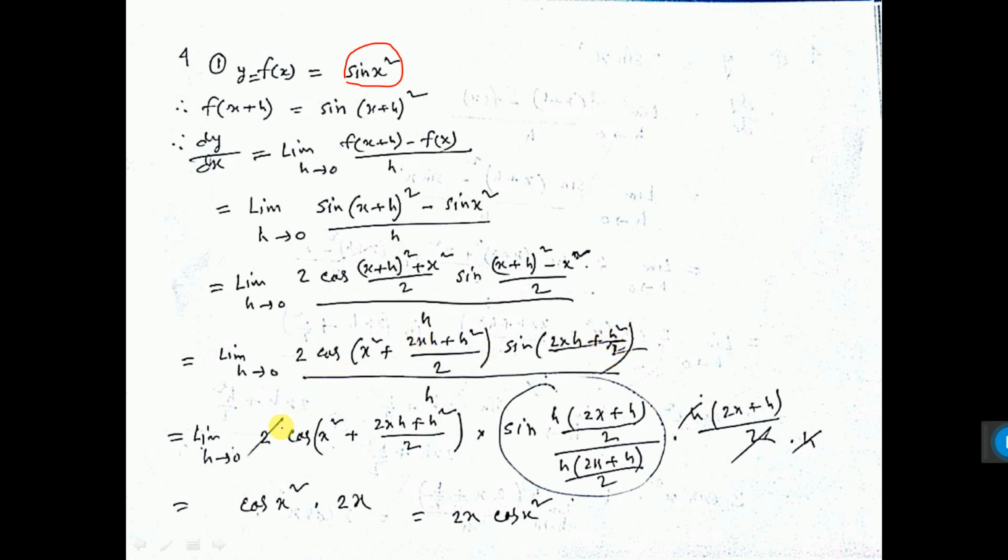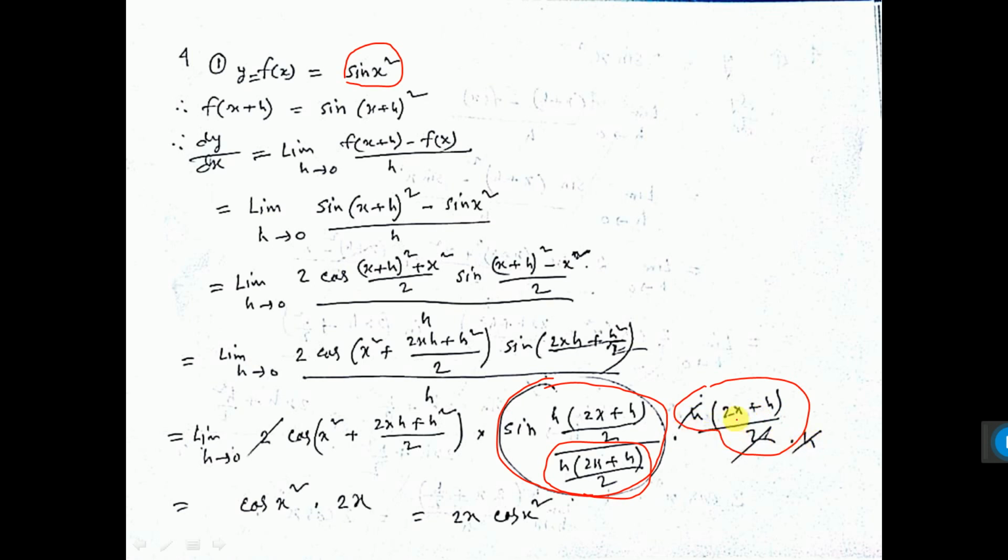Now see this one, this 2 and this 2 I cut. Okay, let me explain. This one I take here as it is. Now sin of this one, divided by this one, I did. This one myself I have written here. Since I divided, I have to multiply also. Now the question is, why did I do that? The matter is, one formula: limit h tends to 0 of sin x by x equals 1. That's why this total value will be 1. And here these 2 cancel. And here if you put the limit, then the h down here also cancels.